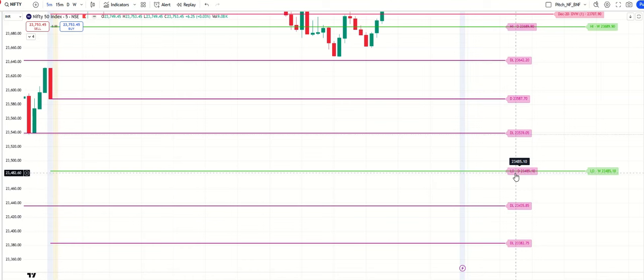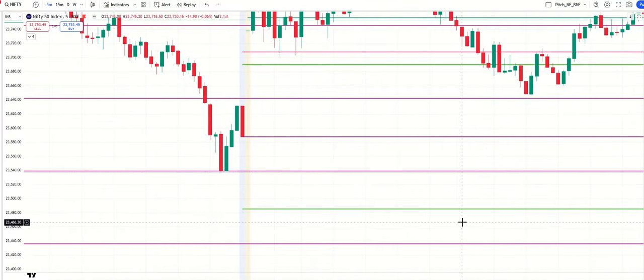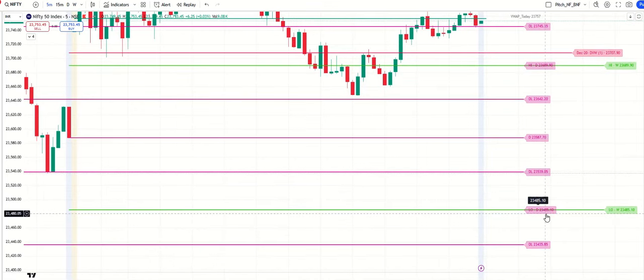There are a few questions from some of our friends, like, "Hey, why are you showing the low of the day here, whereas the low of the day is somewhere here, right?" No. Our low of the day is different from the daily trading limits of a high, low, or close on a daily time frame. No, we are not talking about that. This indicator calculates based on the daily trading, and for the next day, what the levels are. So this is the low of the week, low of the day. This is the high of the week, high of the day, and this is another day. See, these are extended levels.